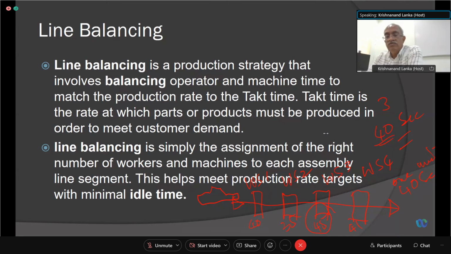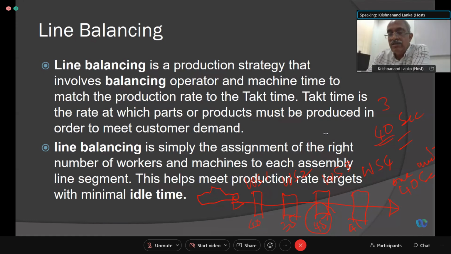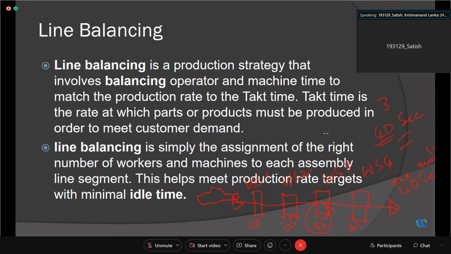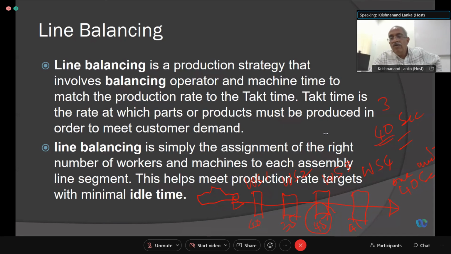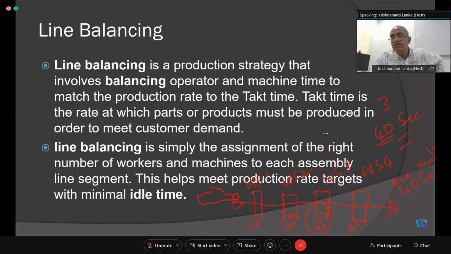So you have to transfer certain work elements. Sir, we can keep the highest time-taking one at the end, if possible. Whether you put it in the front or last? If it is in the front and delayed by 5 seconds, everyone will be delayed after that, sir. Yes, it is better to keep it at the end, but at the same time, this will decide the total production rate. This will become the bottleneck.